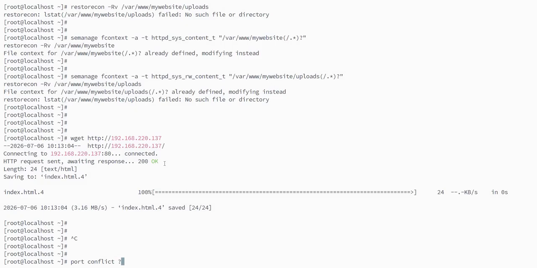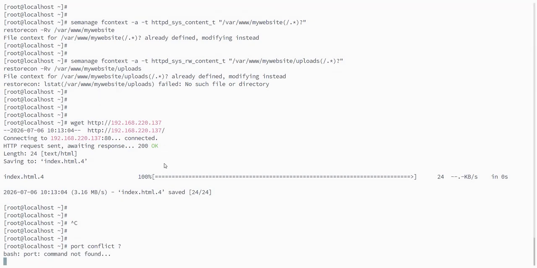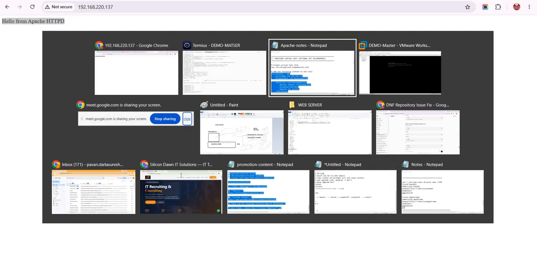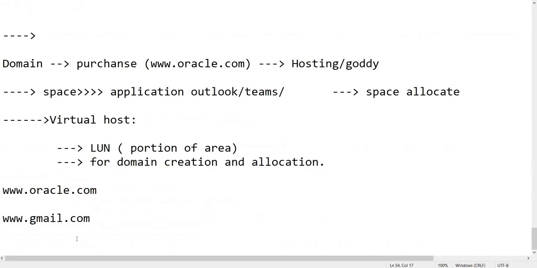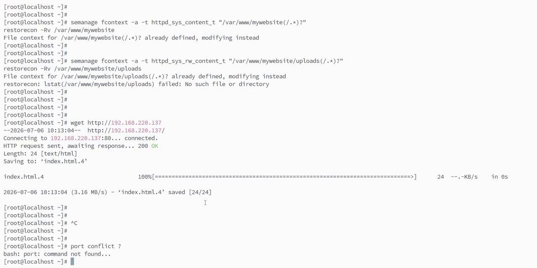Port conflict is one of the major issues when you are dealing with services. What is port conflict? Any web application is majorly running on 80 and 443, right? Your web services, for example, if you can see here,